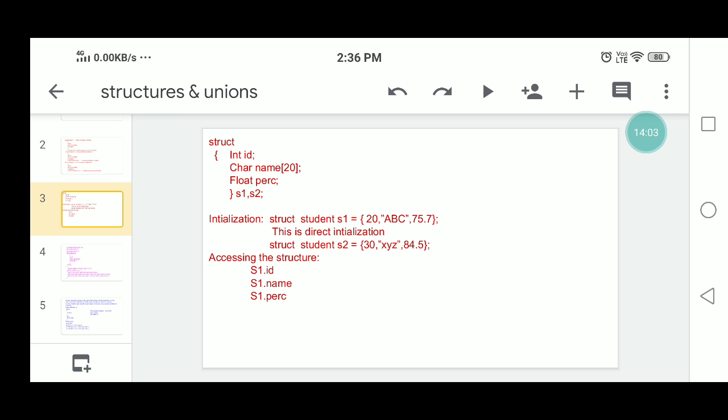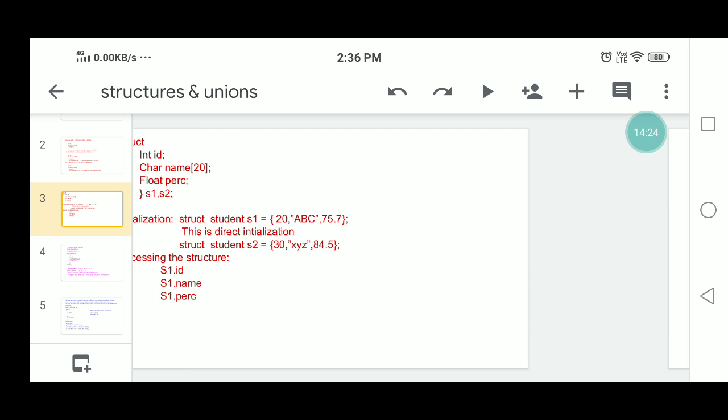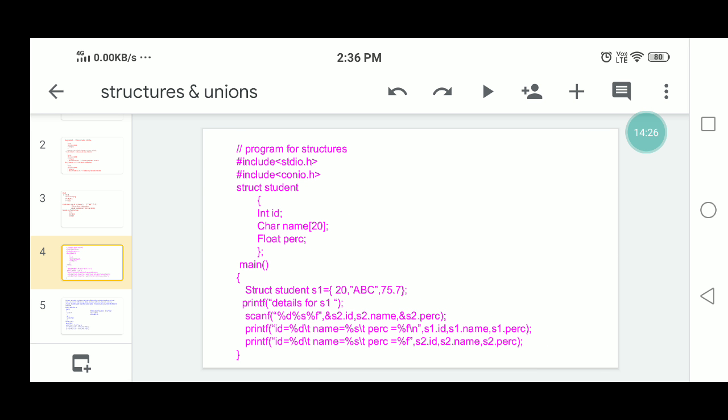Directly you can initialize the data values in structure variable S1 and also structure variable S2. Next, accessing the structure with S1 dot ID, S2 dot name, S1 dot perc. Like that you have to access the second variable S2 also. Then next you will take another example of accessing the structure.